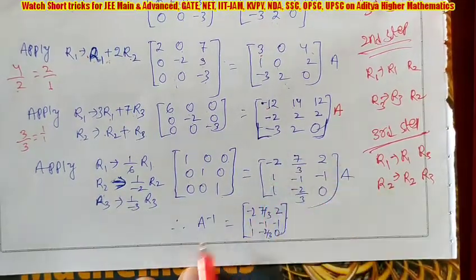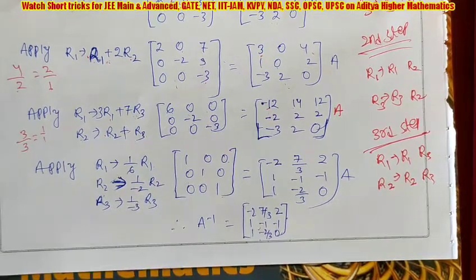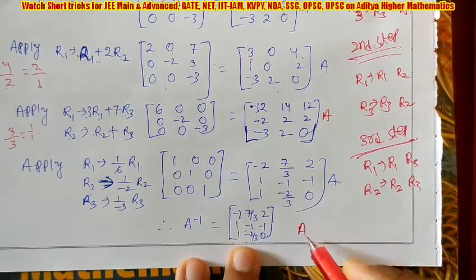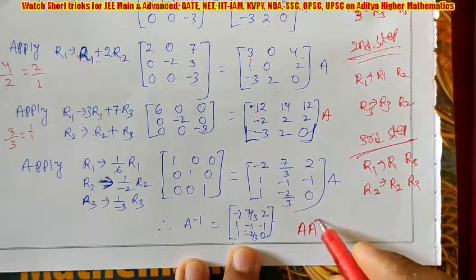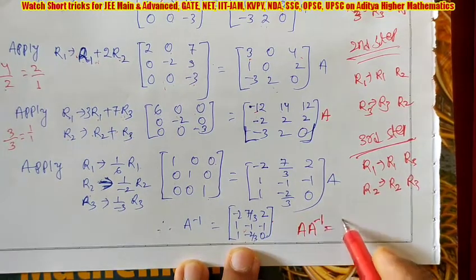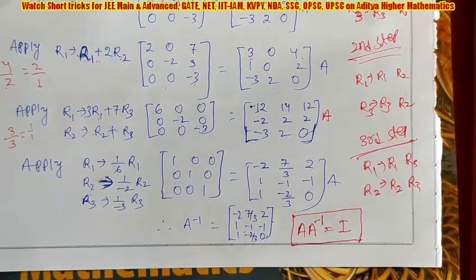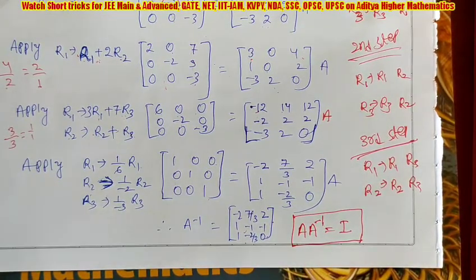What we are getting, this one you have to take as A inverse. Again, listen to one important thing. What answer you are getting as A inverse, how do you check whether your answer is correct or wrong? There is also a trick to check. What is the question given? You are writing A and what you are getting is A inverse. You multiply both matrices. We know the matrix property: A multiplied by A inverse is the identity matrix. When you multiply both and get the identity matrix, then your answer is correct. If you are not getting the identity matrix, then your answer is wrong.